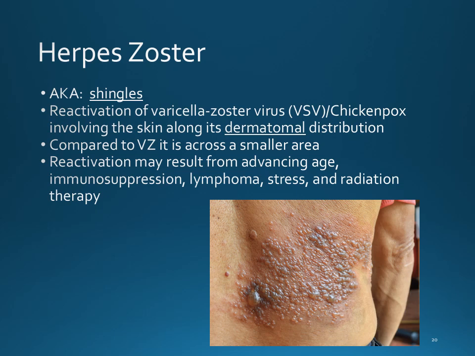I didn't mention this with herpes. To a certain degree, I did. But remember, it lies dormant in the nervous system. Physical stress or emotional stress causes an outbreak, and usually that outbreak reoccurs in the same area every time. This does it in a similar way, but it actually does it in a much larger fashion. So with this, it typically follows a nerve pattern or a dermatomal pattern. So this is a reactivation.